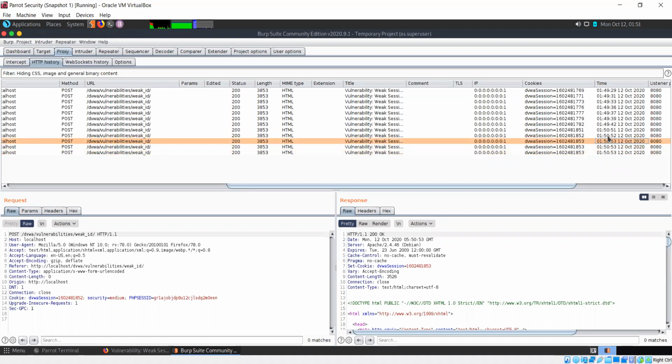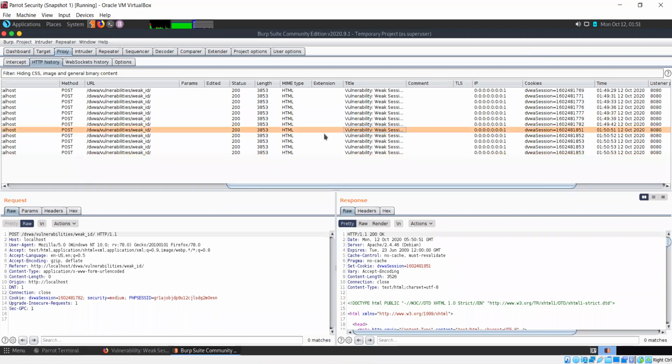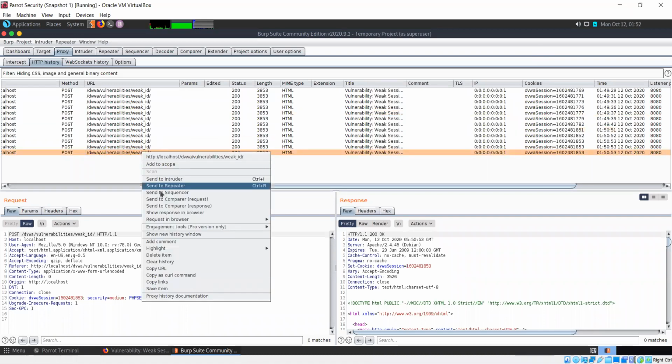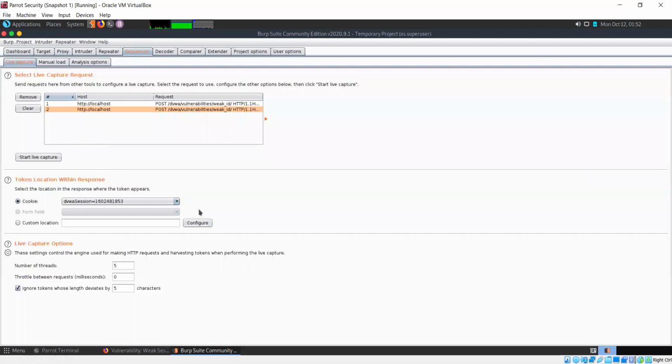Also, you can see a correlation between the time and the cookie itself. So for 52, we have 852. For 53, we have 853. Similarly, for 36, we had 76, 37, 77. Basically, it's simply giving the current time in seconds. So even this is not a very good or a robust algorithm for generating cookies.